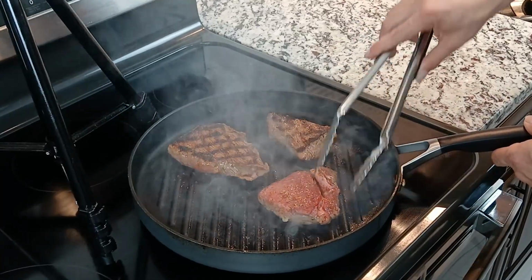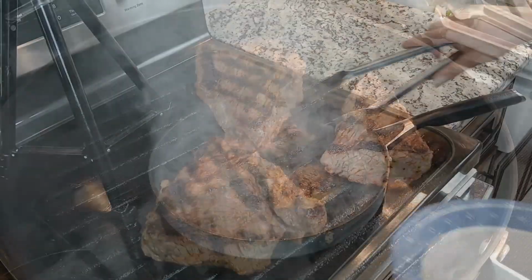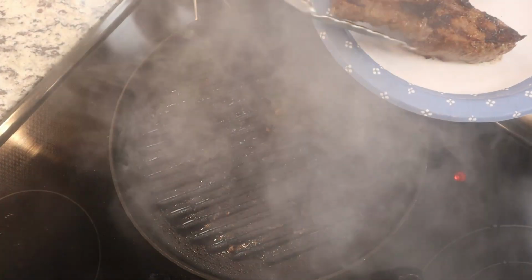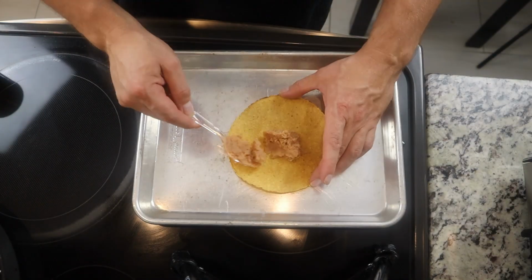And with the steaks that I'm using right now, they're pretty much at the right thickness to where once all the angles become browned, it will be medium rare on the inside. And it got a bit smoky there, but if you've got a good exhaust system, you can get away with that. So the next step is to get the tortillas ready, but first I'm going to spread a layer of